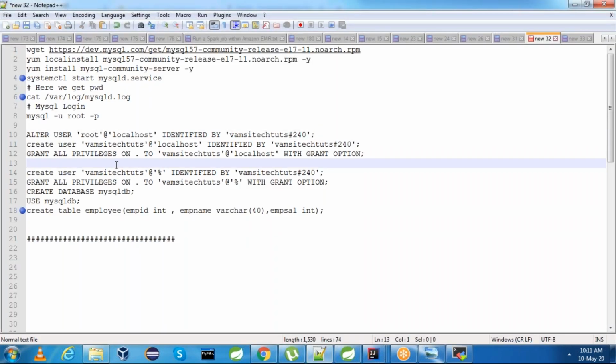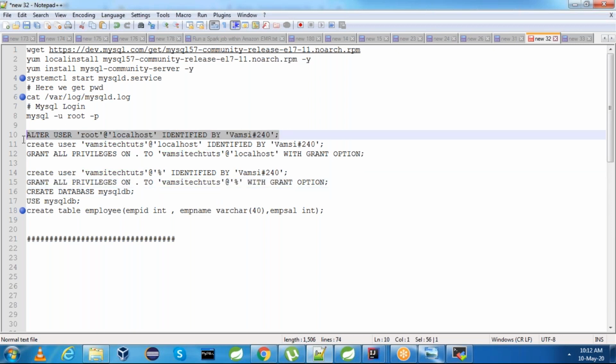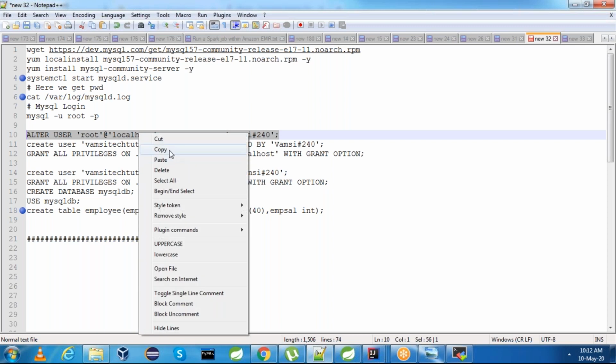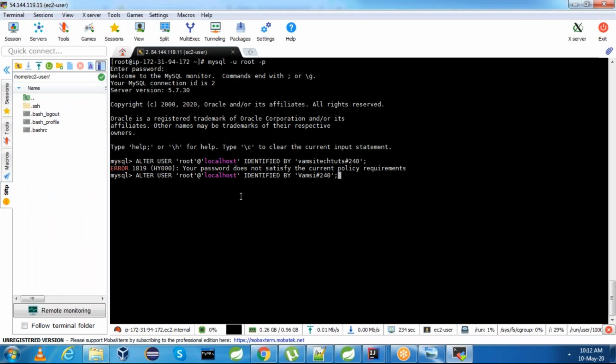What we can do is use a capital Vamsi password. It should have uppercase, lowercase, and special characters. This is satisfying the requirements.